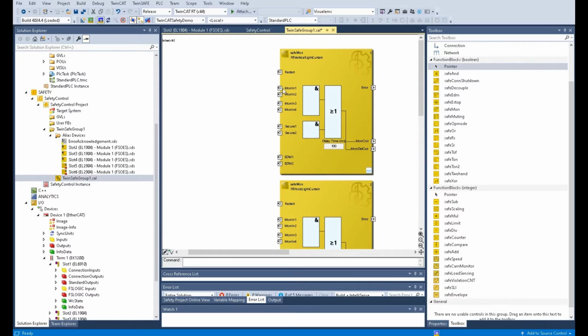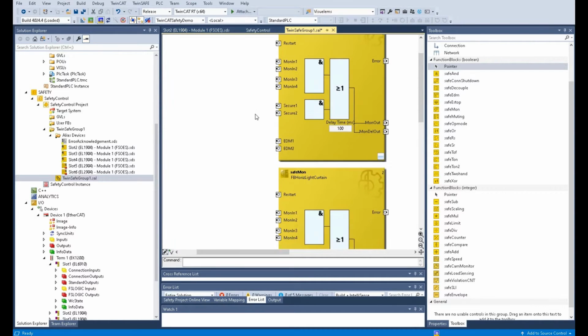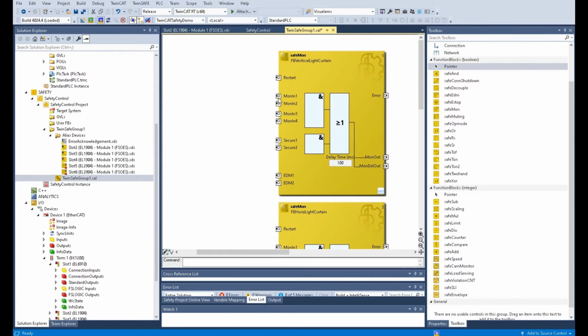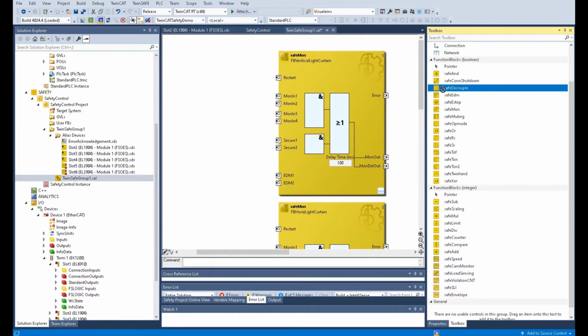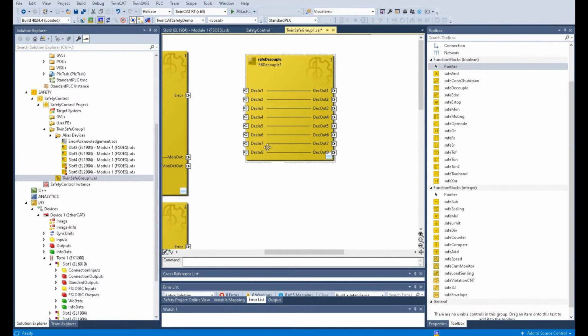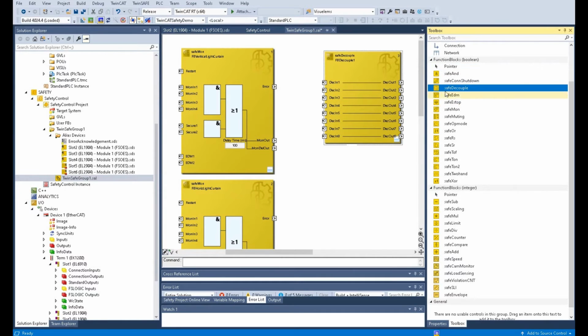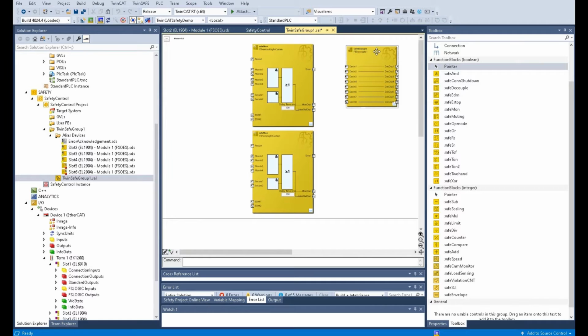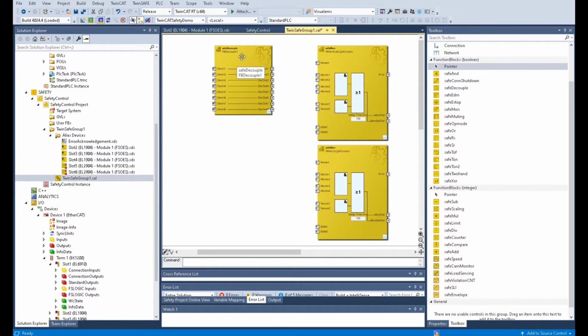So for its interface, we will connect the physical channel. Personally, I will not directly connect this channel to the physical channel. I prefer to connect one buffer function block here. It is named Safe Decouple. The functionality of this function block is very simple. It just transfers the left-hand signal to the right hand. So usually I use this as a buffer: on the left hand, I will directly connect the physical channel. And on the right-hand side, for example, if we name this,